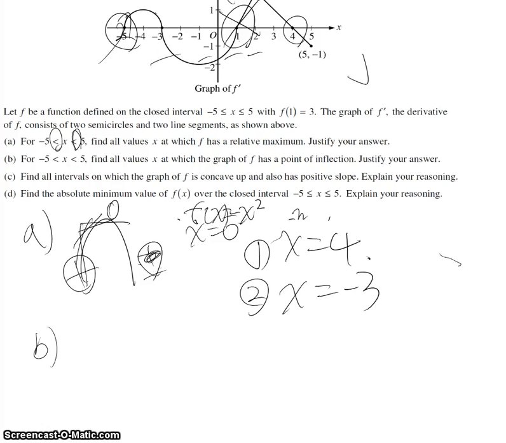For part B, you have to find all values of x at which the graph of f has a point of inflection. So f is one integral above, which is one more dimension from this graph. I don't even want to draw it. It depends on the constant always. I don't even want to think about it, but